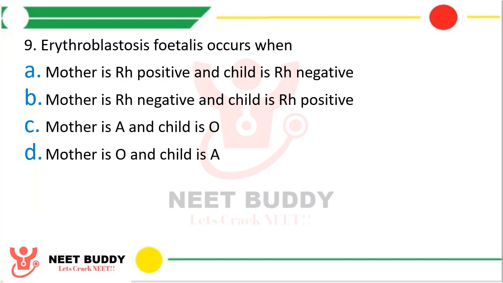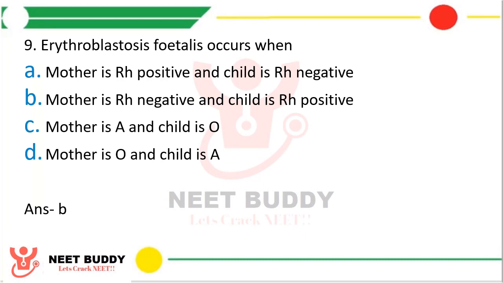The correct answer is option B, that is mother is Rh negative and child is Rh positive. During the first delivery, there are no complications. However, at the time of delivery, some blood of the child gets exposed to the maternal blood. At that time, the Rh positive child's blood contains Rh antigens. So the antigens of the child get in contact with the blood of the mother, and the mother starts developing antibodies